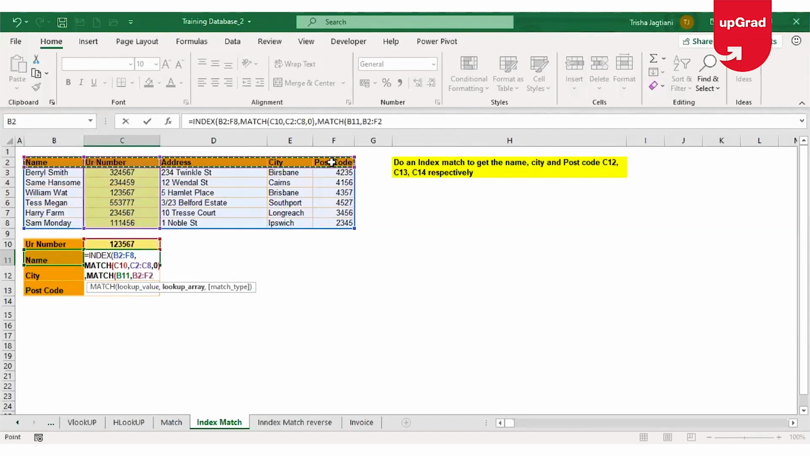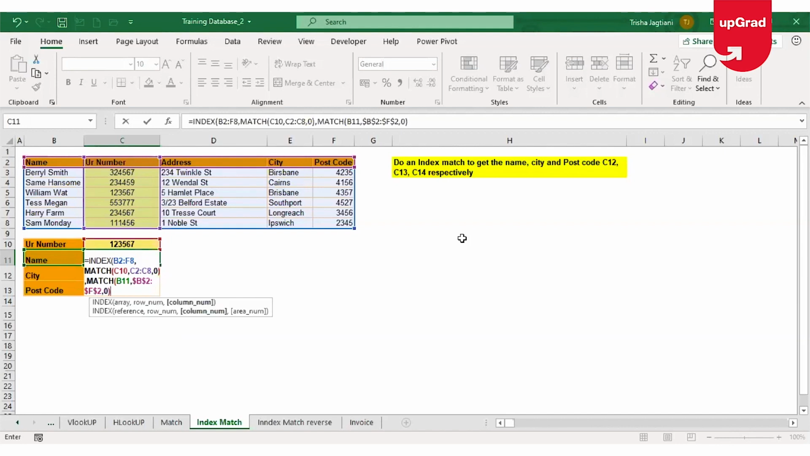Again, the lookup array, that's the reason I'm going to freeze it. And then after the comma, I will put the 0, which is the exact match. So now I have completed giving the column number also. The first match will identify the row number, second match will identify the column number. Once I have done and closed the bracket for the column number also, now I'll close the bracket for the